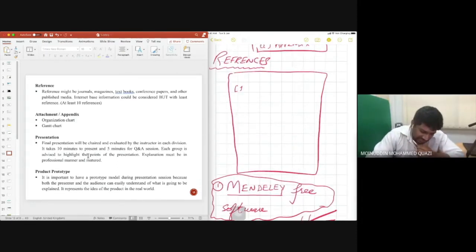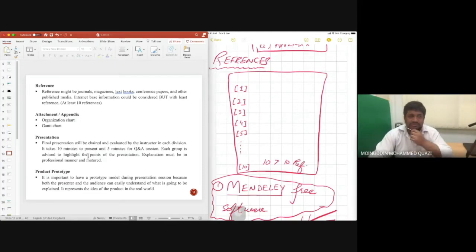Using Mendeley, you can put references in your report: reference number 1, 2, 3, 4, 5, something like that. I want you guys to have at least 10 or more than 10 references.